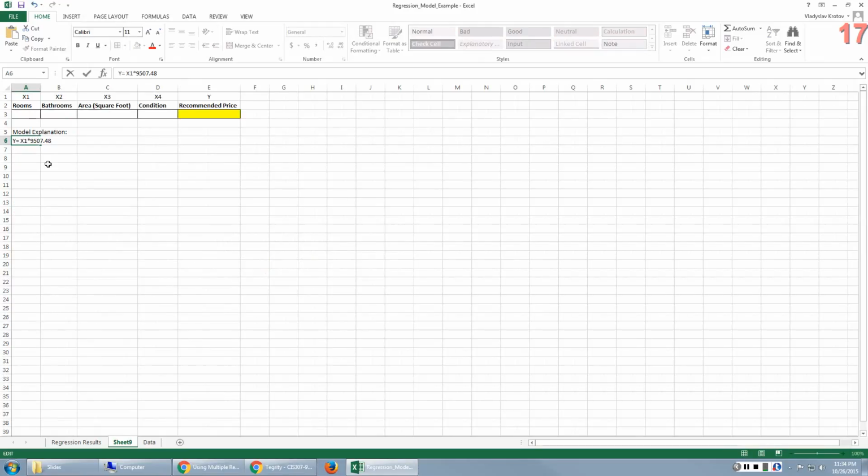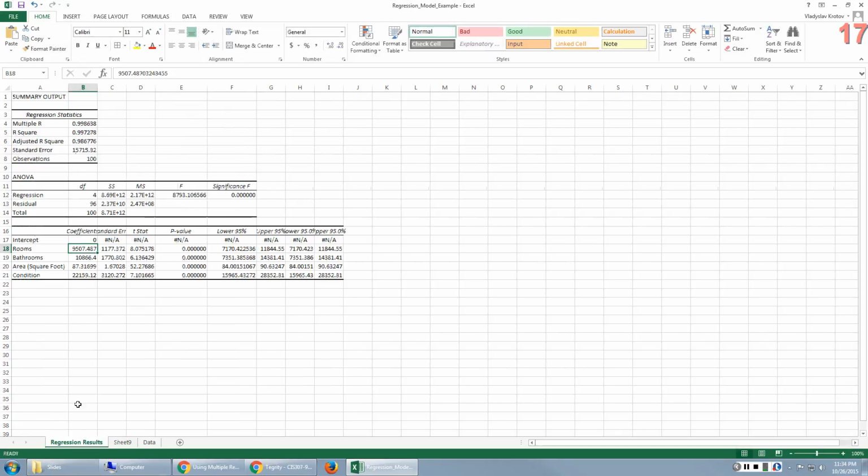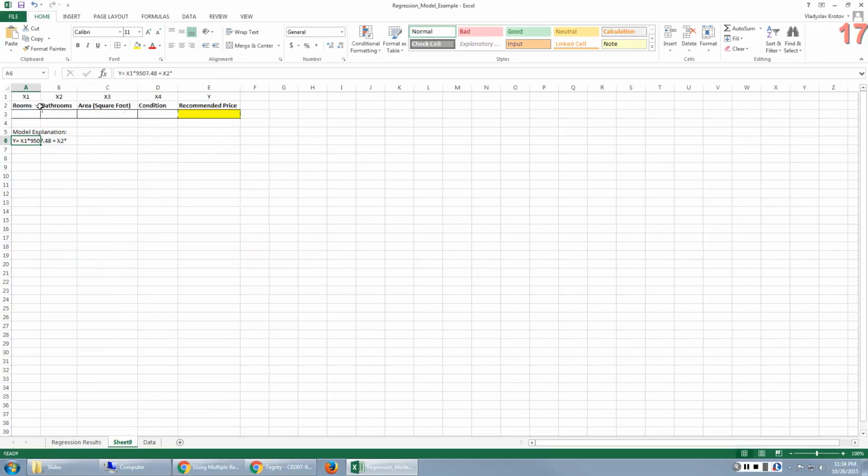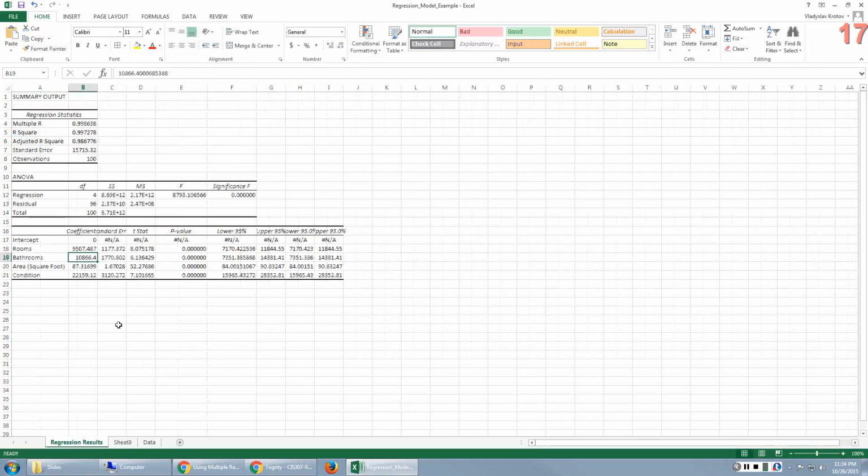Rooms, we're going to use 2-point decimal precision. Rooms times this value, plus bathrooms, which is x2, times this value, plus x3 times its area in square foot, 8731,